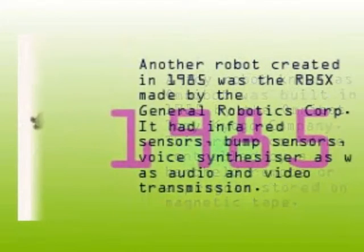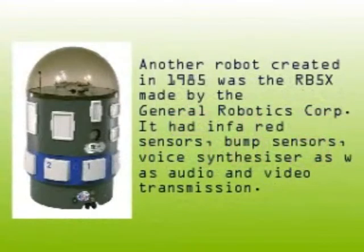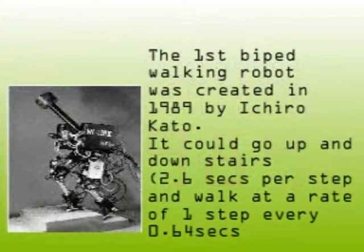Another robot created in 1985 was the RB5X, made by the General Robotics Corp. It had infrared sensors, bump sensors, a voice synthesizer as well as audio and video transmission. The first biped walking robot was created in 1989 by Ichiro Kato. It could go up and down stairs, 2.6 seconds per step, and walk at a rate of 1 step every